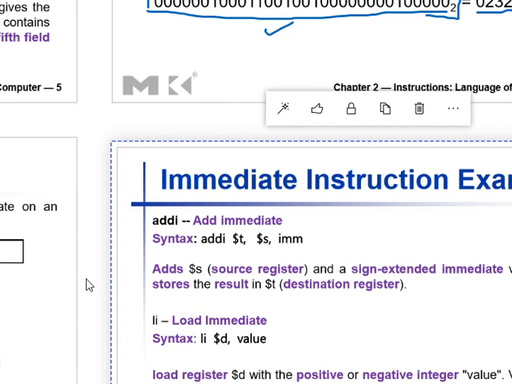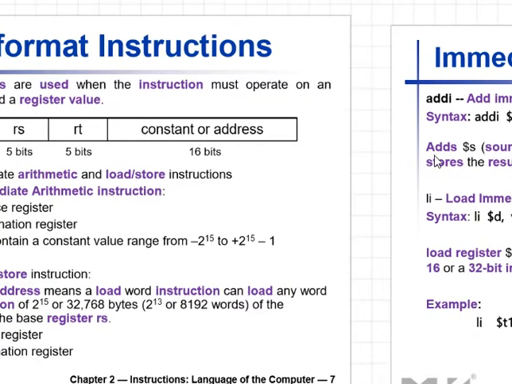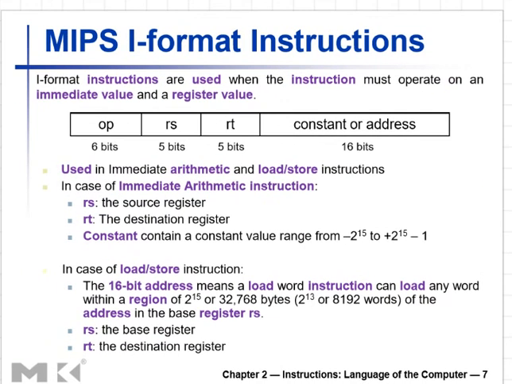So let's look into I type, that is I format instruction. When you look into I type, I format instruction, I told you these are the instruction that uses registers and immediate value, which is constant. Whenever I say immediate value, do not get confused. This immediate value means constant. So your instruction is having a constant. One example, add immediate. We will look into add immediate after a while. Okay, after a few minutes we will look into the add immediate.